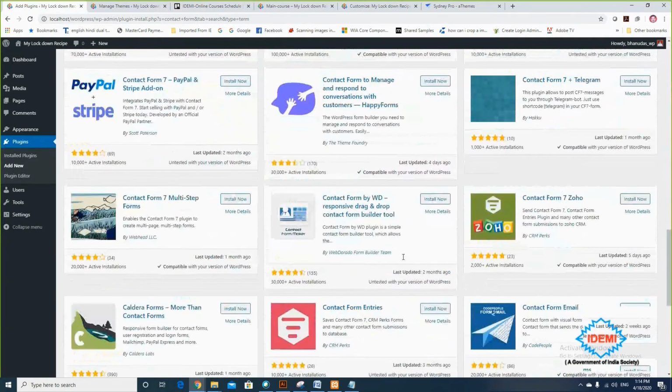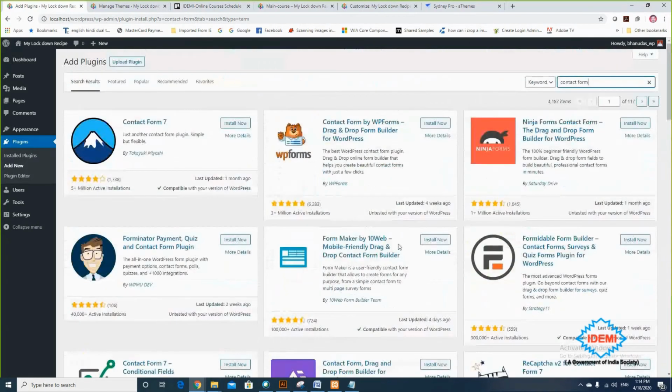Okay, and जैसे जैसे एक्सपीरियंस हो जाओगे वैसे वैसे आप लोग उसको यूज करो. So I would like to install WP Forms, which I like most compared to Contact Form 7. So I'm going to install it. It is freely available, and even though 3+ million active installation is there, the rating is 5-star compared to Contact Form 7. So I'm just clicking on install now. So you just click on install now.